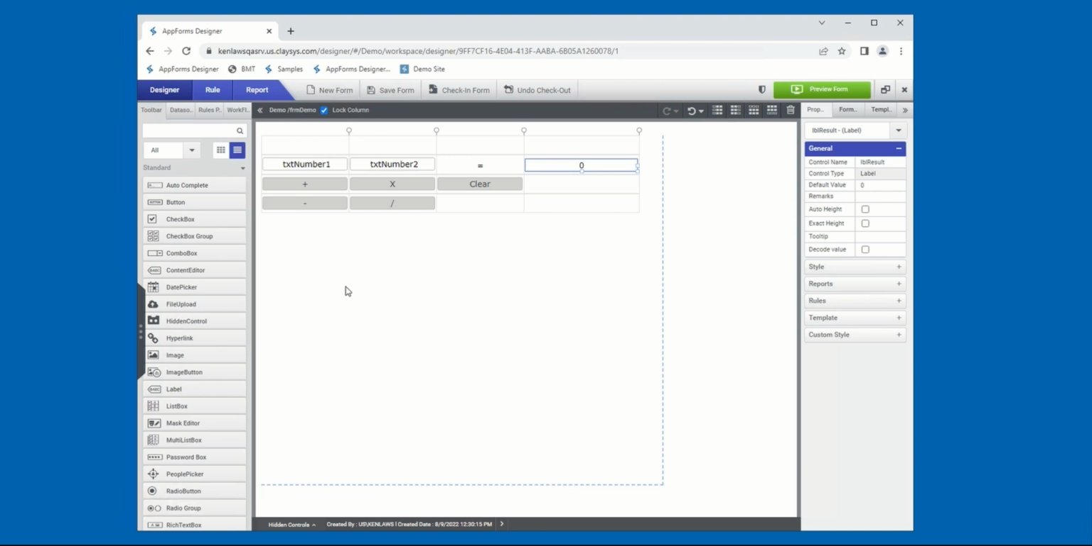for this particular demo. In this form, I've got two text boxes, text number 1 and text number 2. A label with an equal sign and another label that has a default value of 0 and will be utilized to display the results of the calculations based on the numbers in text number 1 and text number